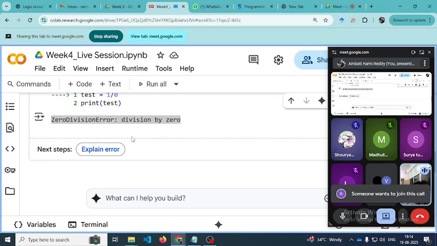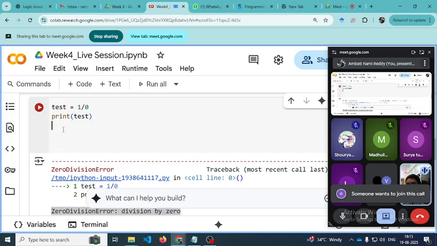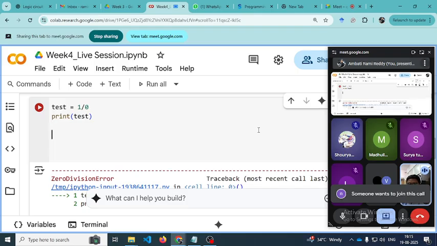So I will write a few things whenever the zero division error comes. We have different solutions. First we will see in which scenarios you are going to get a division by 0 error. So this is 1 by 0. Similarly, there is a possibility, I will write a few cases in which scenarios you are going to get the division by 0 error. So if you are having it like this, then this is also